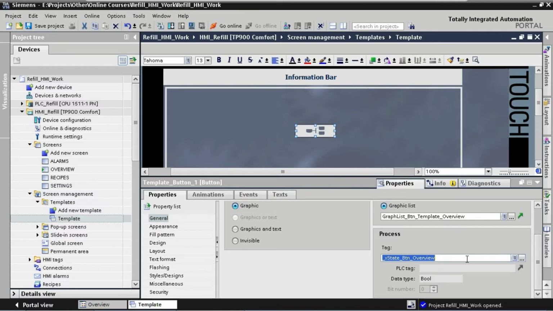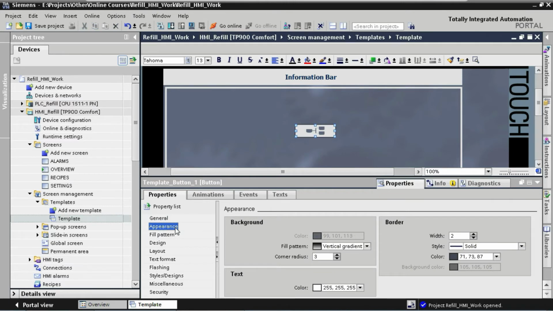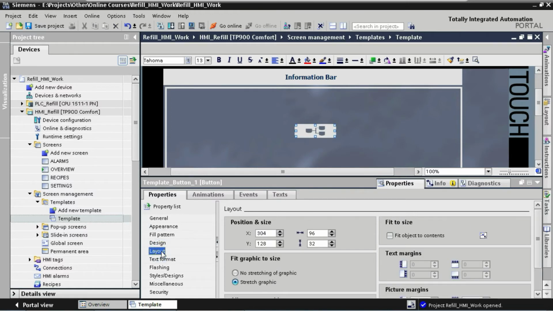Now that the correct graphic list and tag are assigned, we need to change the appearance a bit. As you can see, our button is stretched and not in the correct size yet. Under Appearance, we set the border width to 0. And under Layout, we select No Stretching of Graphic, and more important, Fit Object to Content. Now the size of our button object has been adjusted to the size of our graphic bitmap. This only works, of course, if you create your custom graphics in the correct size, which I would really recommend